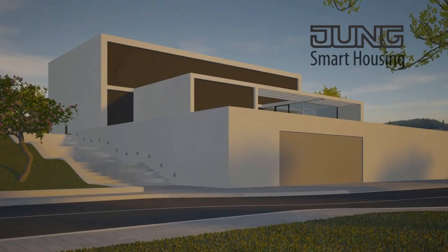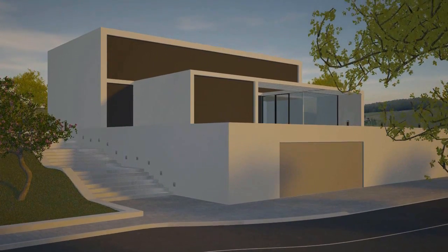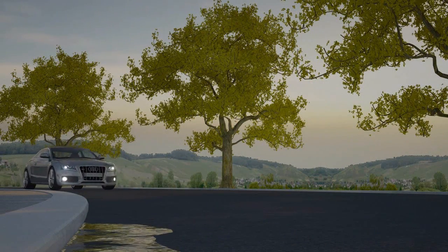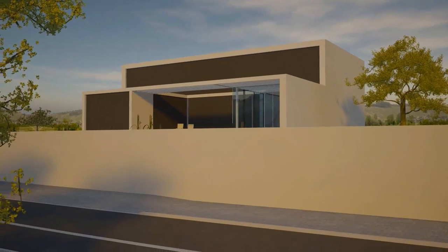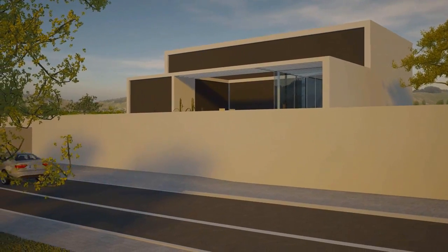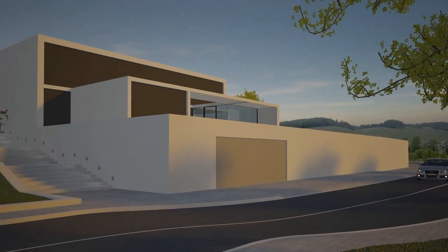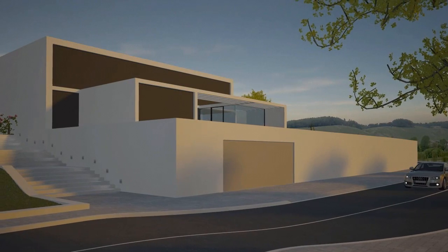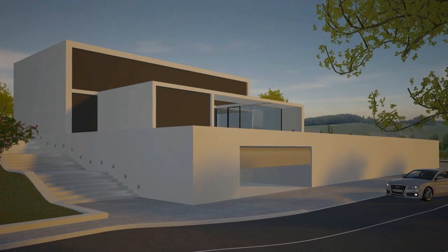Imagine coming back home in the evening and your house wakes up. This is not a dream of the future, but it's already a reality with the intelligent KNX building system technology from Jung. Through the networking of individual system modules, preset scenes are executed, which make your everyday life both comfortable and safe. The garage door opens, the driveway is sufficiently illuminated, the blinds are raised, and the alarm system is